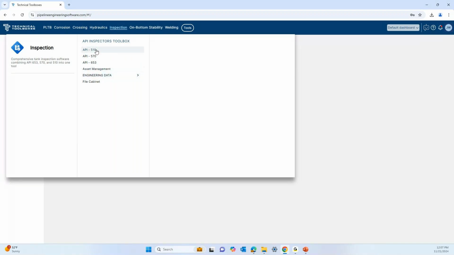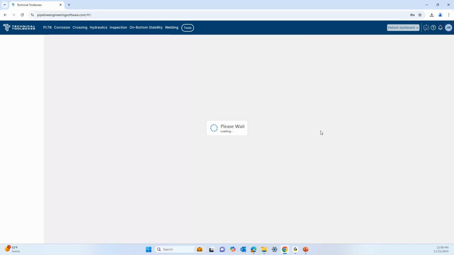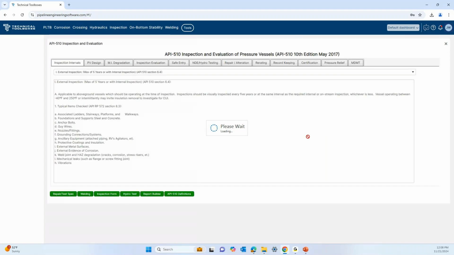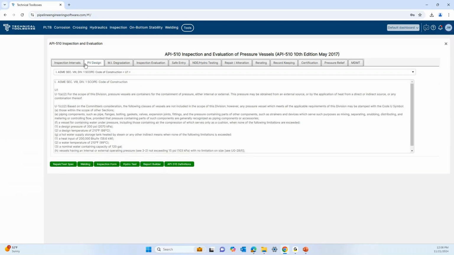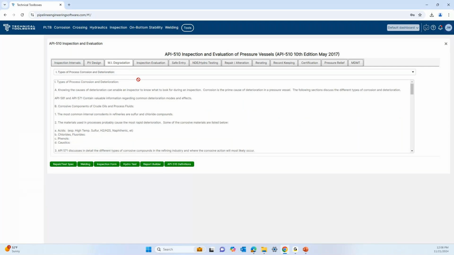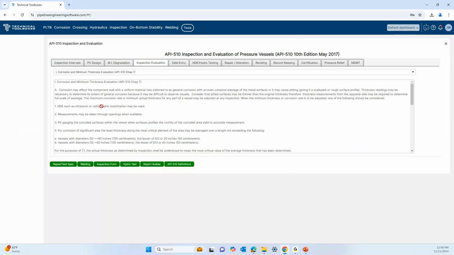We're going to just go straight. Our time is limited. We're just going to go to API 510 right now, kind of do an overview of that. So the first thing that comes up is this base page for the API 510. They have these tabulated windows, so you can get some quick code bites. You know, if you have a question about pressure vessel design, intervals, MI degradation, inspection, evaluations,